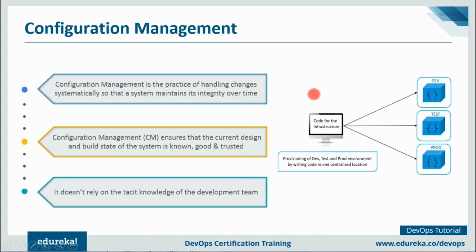That's what it means. Suppose I want to install the LAMP stack on all of these three environments, whether it's dev, test, or prod. I'll write the code for installing the LAMP stack in one central location, and I can go ahead and deploy it onto dev, test, and prod. So I have the record of the system state present in one central location. Even if I upgrade to the next version, I still have the record of the previous stable version of the software stack, right? So I don't have to manually write scripts and deploy them onto the nodes. It is that easy, guys.